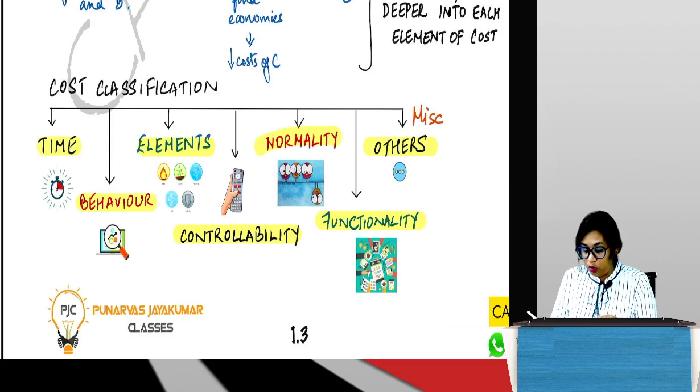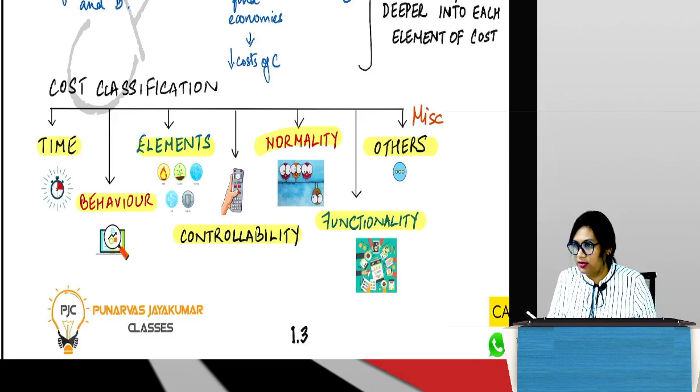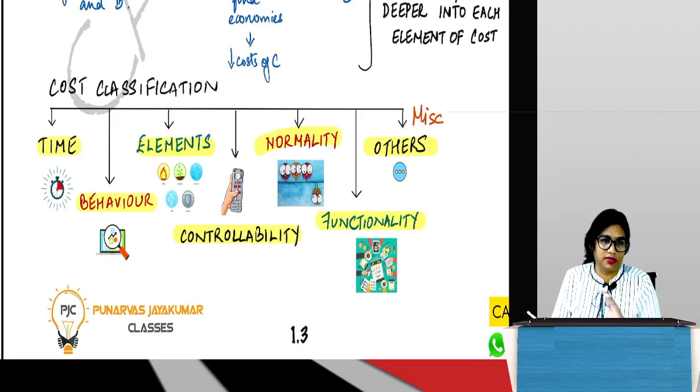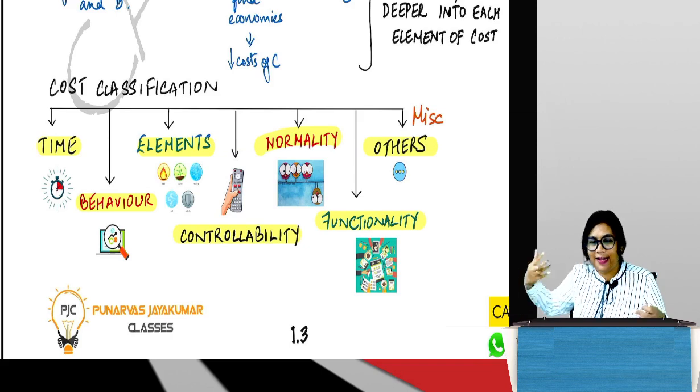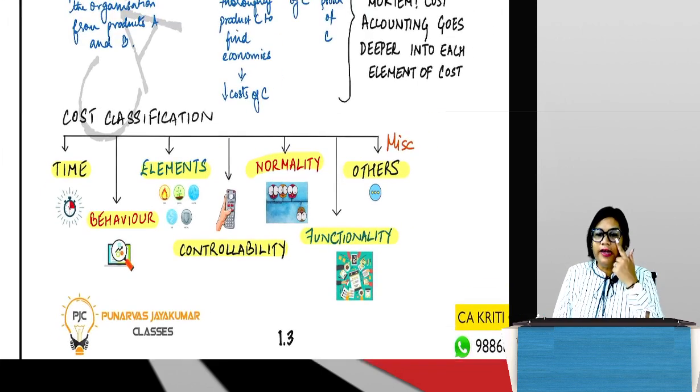Okay, so we will be looking at each of these parameters on the basis of which cost is classified. We will see how the cost is classified and what each of those classifications mean. Okay, this in itself will take 2 classes. The chart looks very small and cute at this point in time, but as we proceed you will see that it is expanding and expanding. Is that okay? So first we look at time.